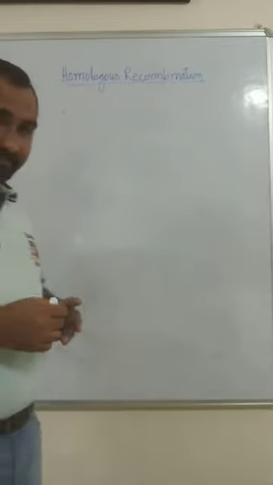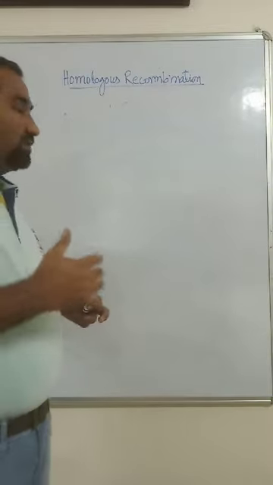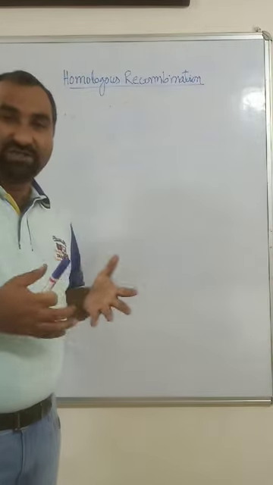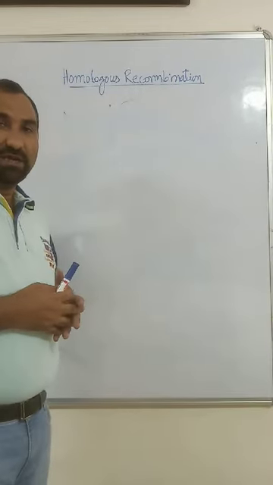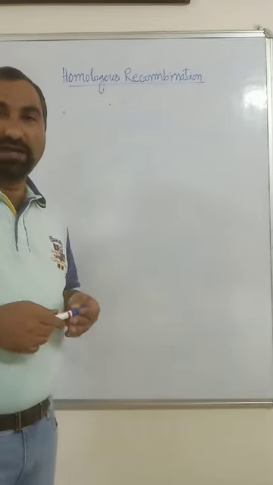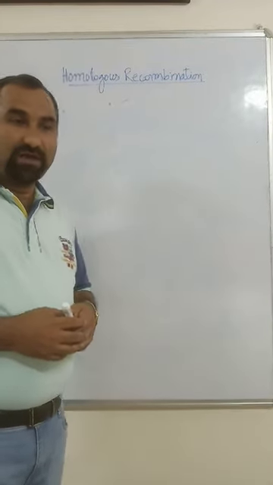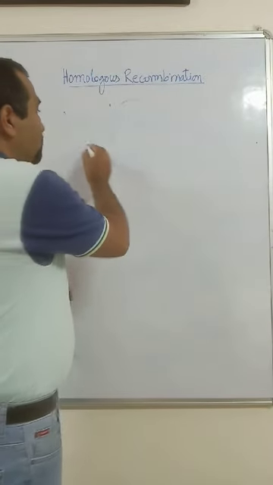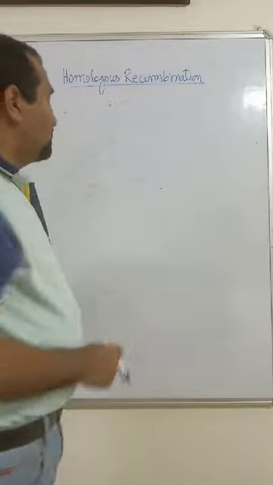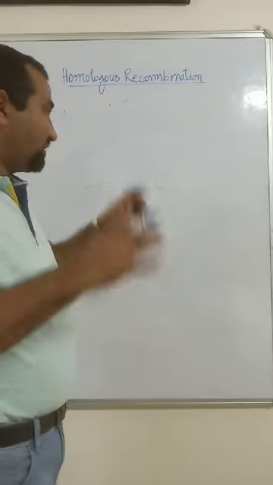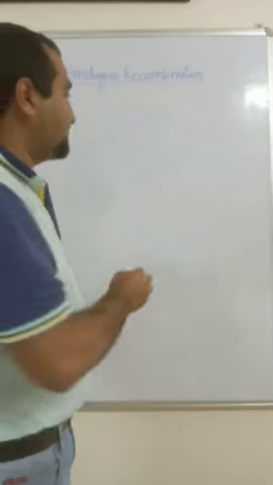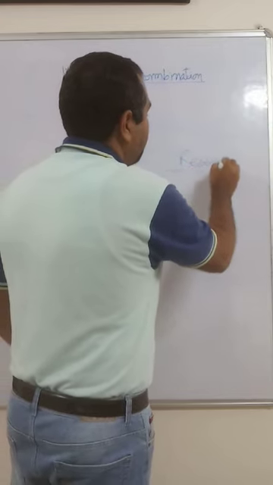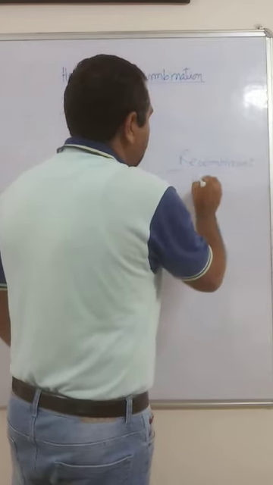So you will have to try to work out on this, how the genetic exchange takes place between homologous chromosomes, and what the significance is, and when it takes place, and up to what extent the crossing over takes place. Because between homologous chromosomes, chiasma formation takes place only at certain places. Those places are called recombinant hotspots.